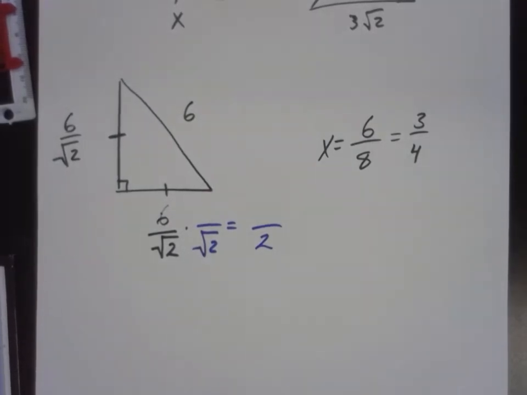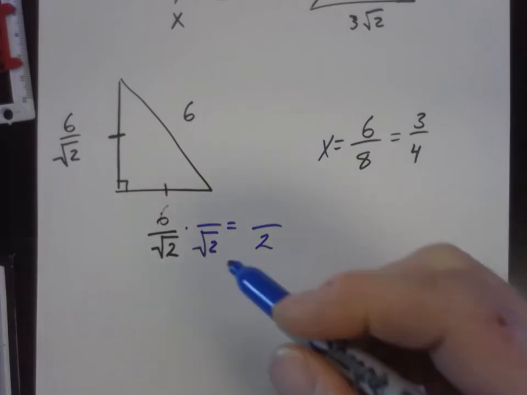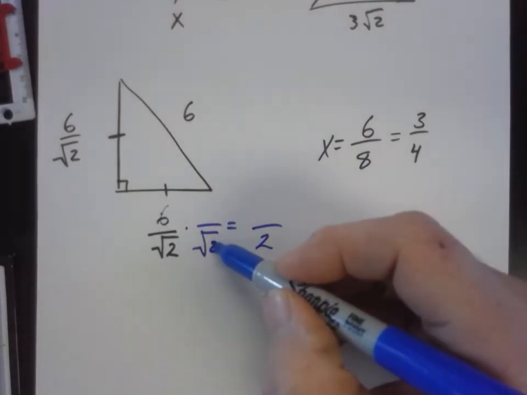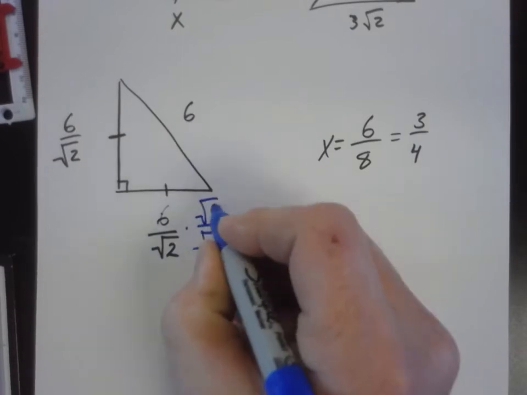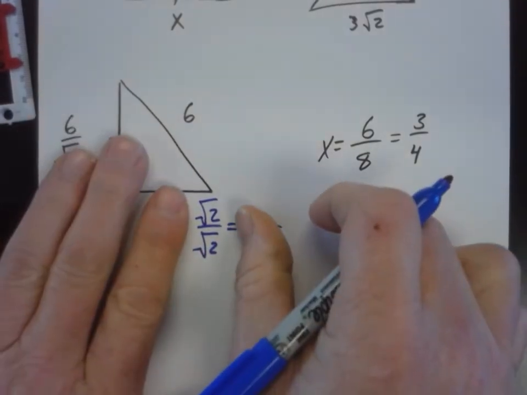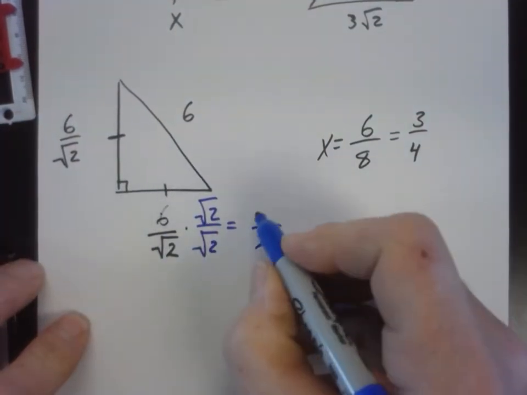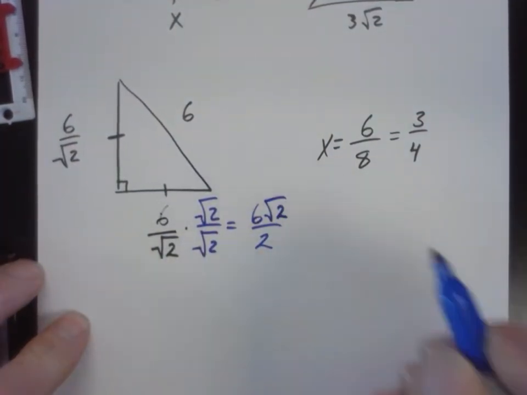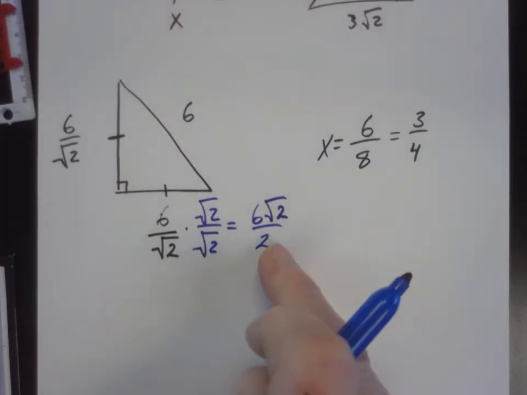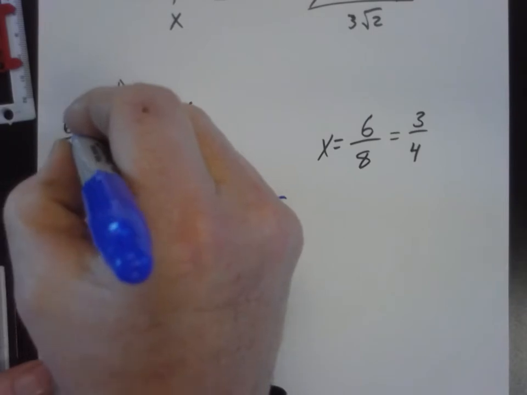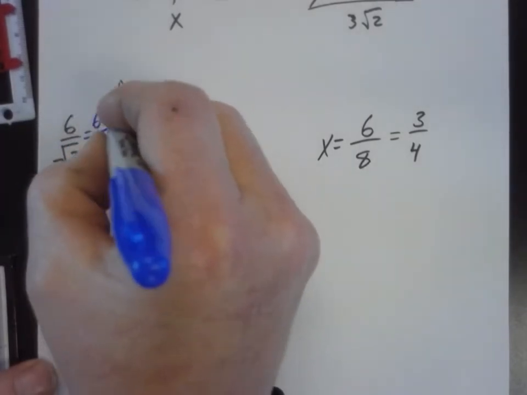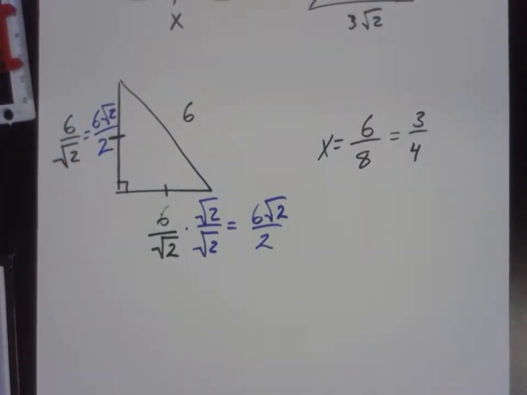But Cordell knows if I multiply the bottom of a fraction by radical 2, what do I have to do to the top? I've got to multiply it by radical 2. See? So that we're actually multiplying by 1, right? Okay. So 6 times radical 2 is just 6 radical 2. Now, I know that this answer looks worse, but technically it's simplified. So 6 radical 2 over 2 is the way we're going to give our answer. Okay? So on your paper there,